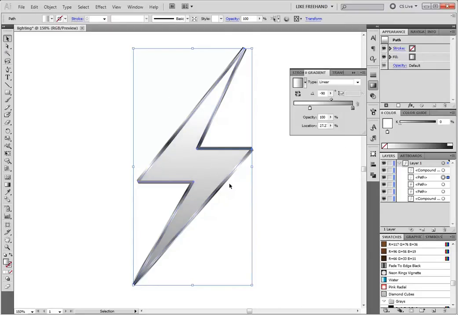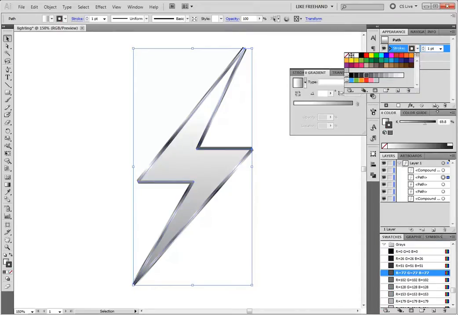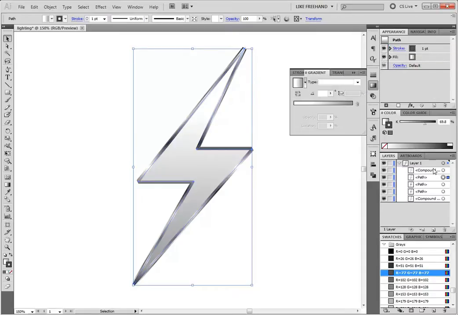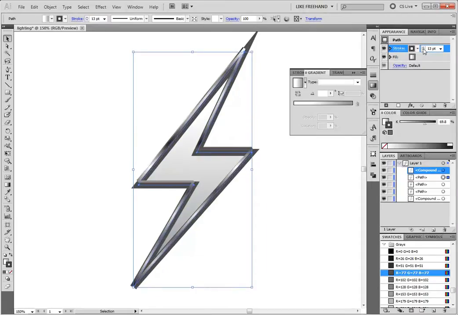And with that still selected, I'm going to add a nice stroke color. So over in the stroke, we can either choose stroke here in the appearance or down there, either way. I'm going to click on that, and I'm going to set it to a dark grey color. Or should I say it's a compound? To increase it so you can see it enough. I may have gone a bit overboard, so I'm just going to